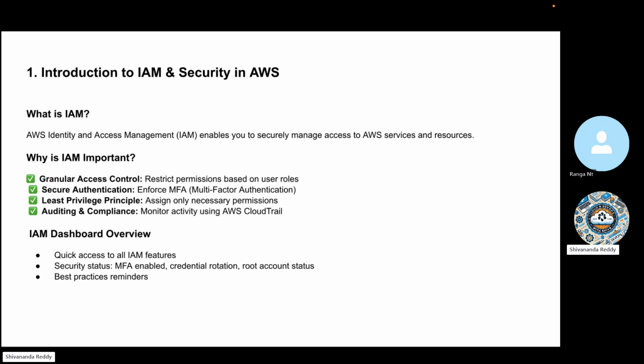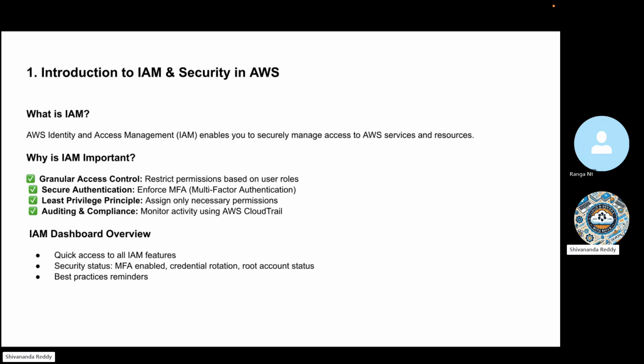First, think of granular access control. The word granular means this will provide limited access only. Restrict the permissions based on user roles, meaning based on user profiles, these granular permissions can be provided.